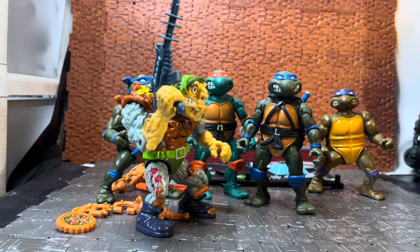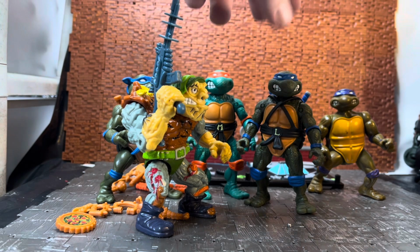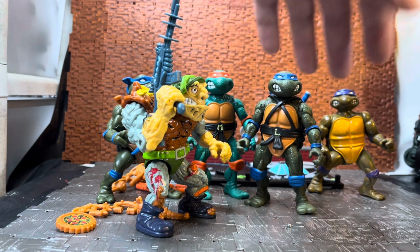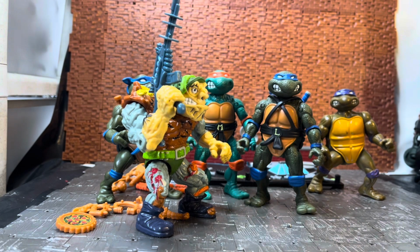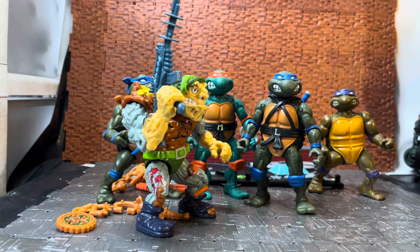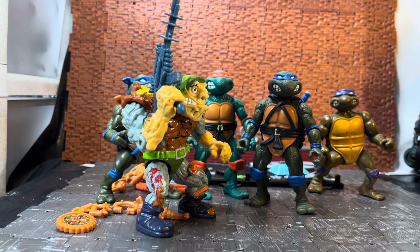I don't know how things work over in the States for clearance aisles, so it could be just a thing that they got put in there by accident, or they just lost out and that they were on the shelf in there. Who knows? But I do recommend getting these figures. They're actually quite cool. If you like the original Turtles and you want something kind of neat and nostalgic for your desk or table, wherever display, and you don't want to go all out and buying a huge